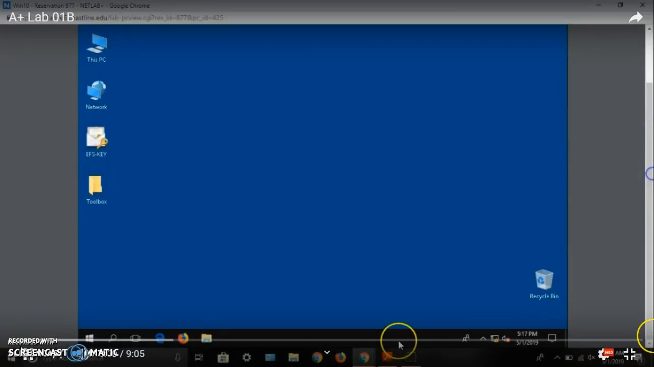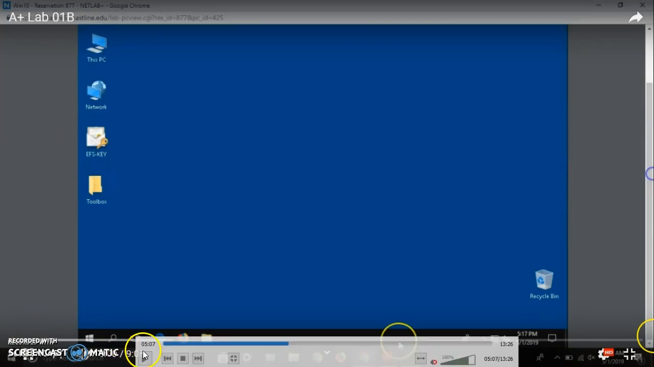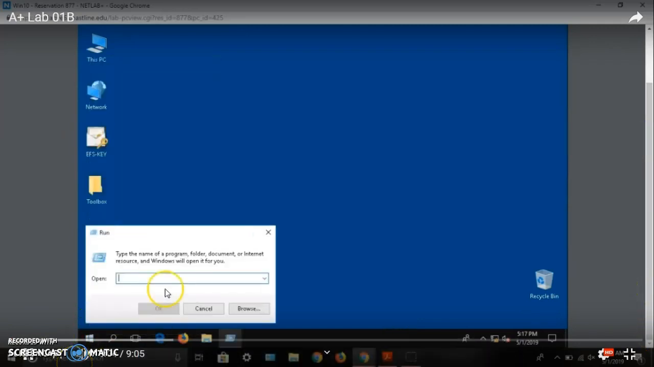To access systeminfo.exe on a Windows 10 machine, you right click on the start menu, click on run,